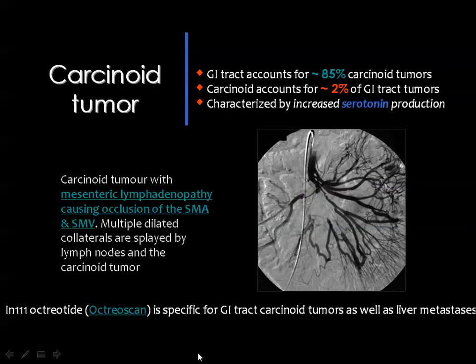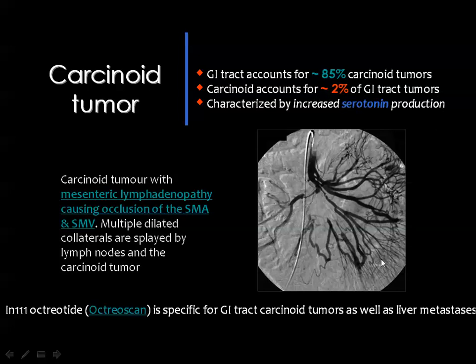And this is the case of carcinoid tumor with mesenteric lymphadenopathy causing occlusion of the superior mesenteric artery. This is the selective superior mesenteric angiogram showing the dilated collaterals. Once more, GIT tract account for 85% of carcinoid tumors, and carcinoid tumors account for around 2% of GIT tract